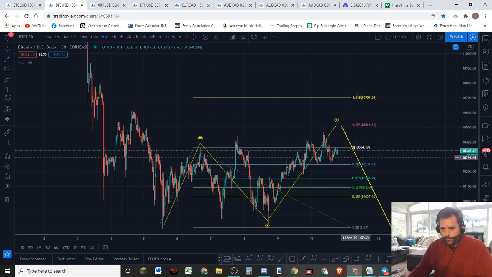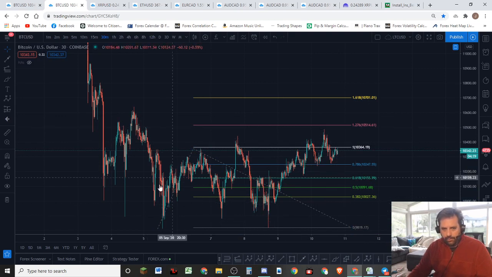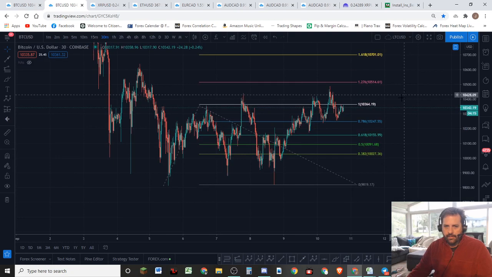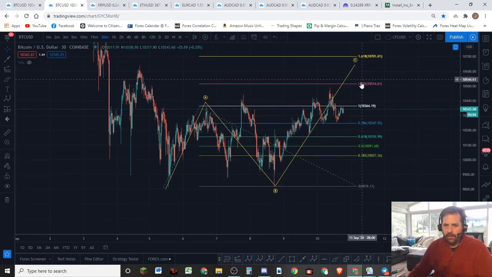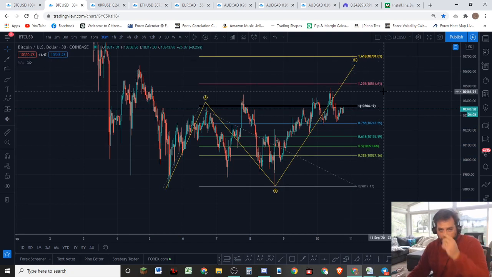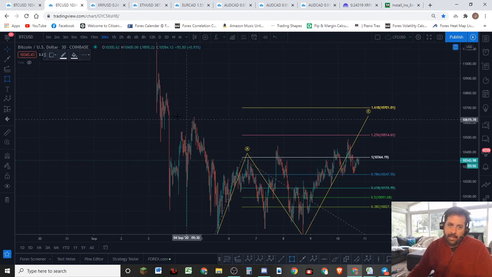Now, if, however, this is not a WXY, a 333, but rather an ABC, it would be a 535 in that case, okay? Or a 335 flat. It's a flat formation, okay? So that would be A, B, and C. Got a flat formation. We can get all the way up here to the 1618 in a flat formation. That would bring us up to this territory right in here, top of this wave right here. I can see that as a possibility.